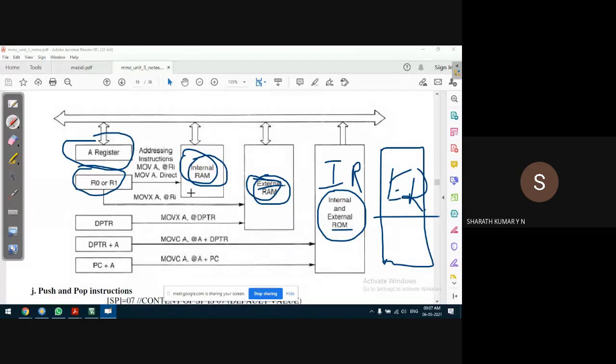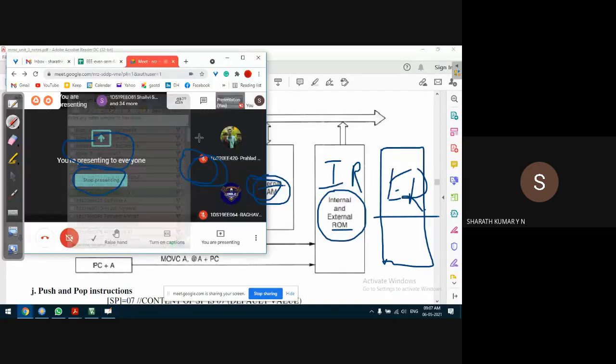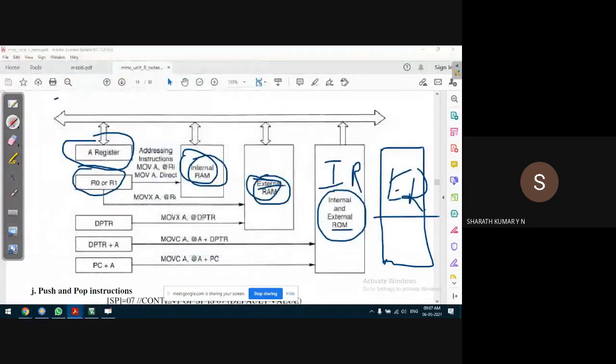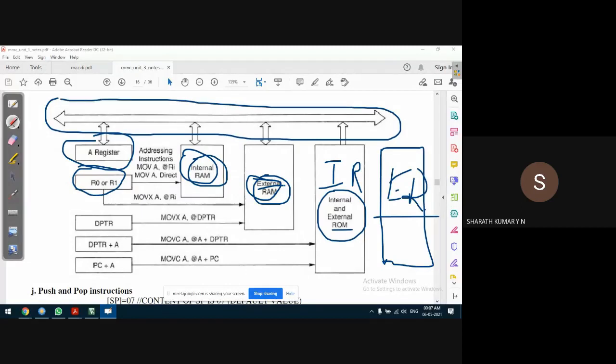So how to access internal memory? What you see as this arrow is generally called a bus. It includes both the address bus as well as the data bus.